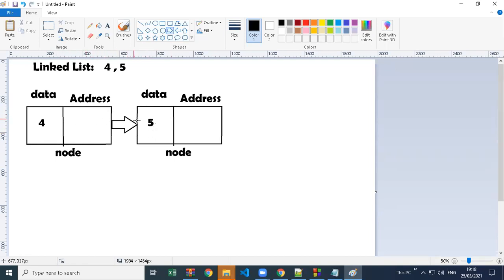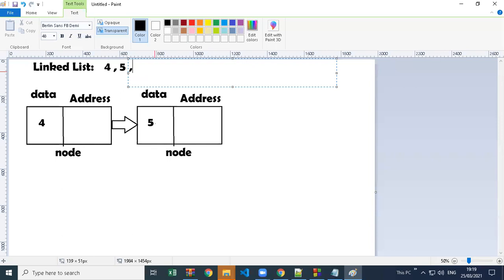It is connected, linked; linked means attached. So the first node has a value of itself and it is linked to the next node. The second node also has its value and it would also link to a next node, but there is no next node, so you can see blank there.